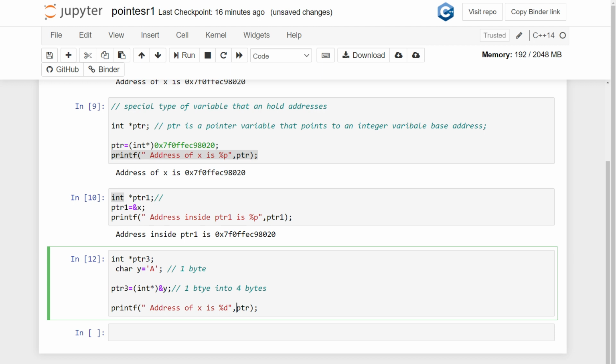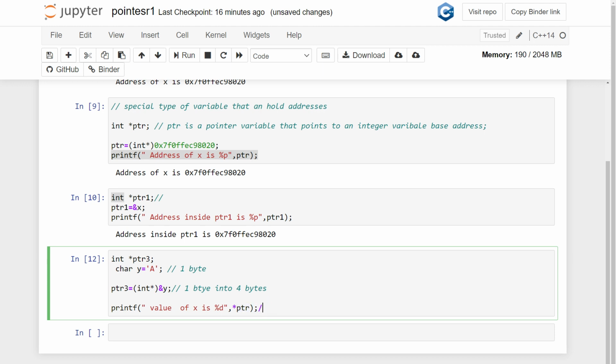So whenever I'm trying to get the value of x, I put the star over PTR. It means we are standing on the address, and putting the star on the address means we are looking inside at the value held inside that address.